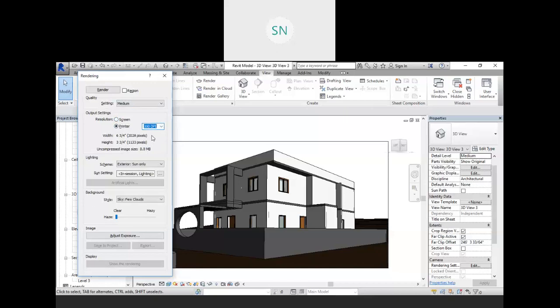Do you know the meaning of dpi? And here you will get the pixel resolution, width and height of your image.